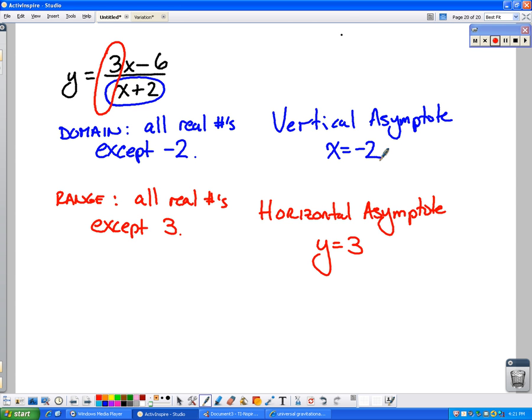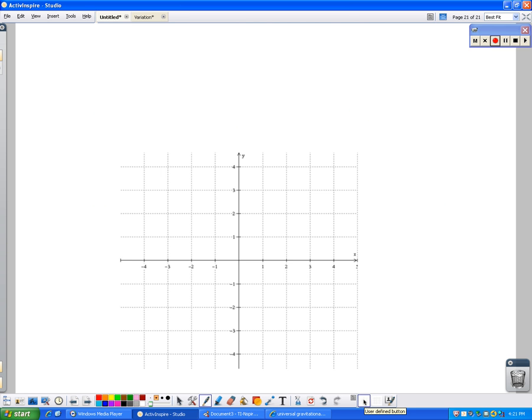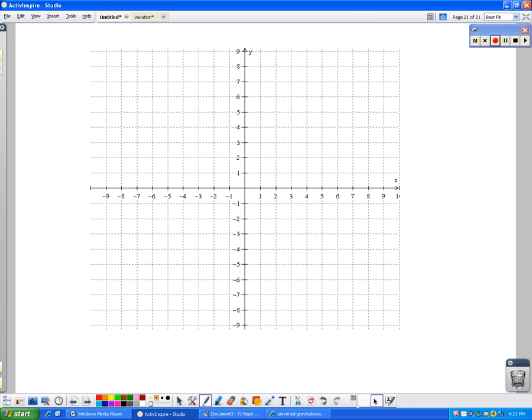All right, so we have our asymptote set up. We understand our domain and range. At this point, it's time to create the graph. All right, so let's get a new page where it won't be quite as cluttered. And let's go with a bigger graph. That one works well. All right, so just to remind ourselves about what's going on,